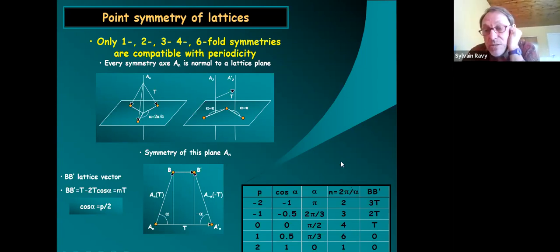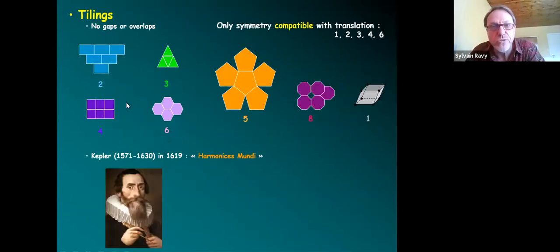So the only symmetries compatible with translation are 2-fold, 3-fold, 4-fold, 6-fold, and of course, no symmetry, unit symmetry, sorry. And you don't have the 5-fold symmetry, and you don't have more than 7-fold symmetry. It is just impossible, incompatible with periodicity. So this, of course, can be represented by this small